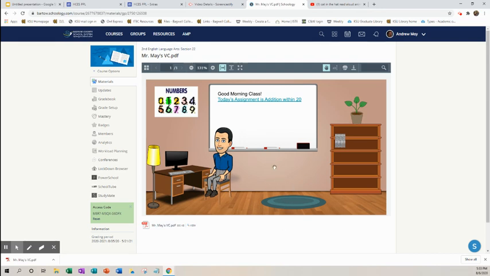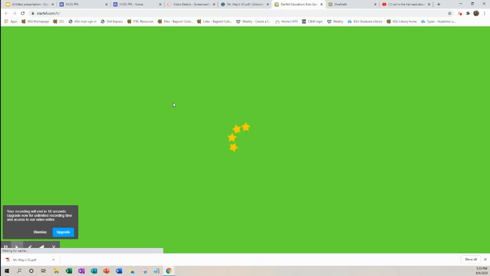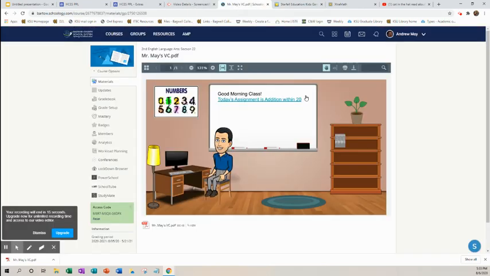But as you can see, they can't move any of these elements around. However, they can go over the top of it and see how it goes from the grabbing hand to the pointer hand. They can click on this. All right, hey, good morning. Your first assignment is today's, and they click on it, and it goes to extra math. They can click on the numbers, and it takes them to Starfall because we made all those links. I could even click on Cat in the Hat, and it takes them to a YouTube video of someone reading Cat in the